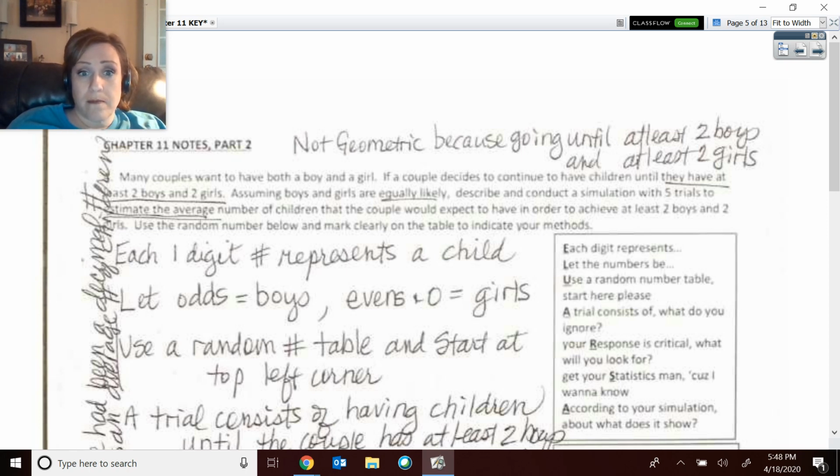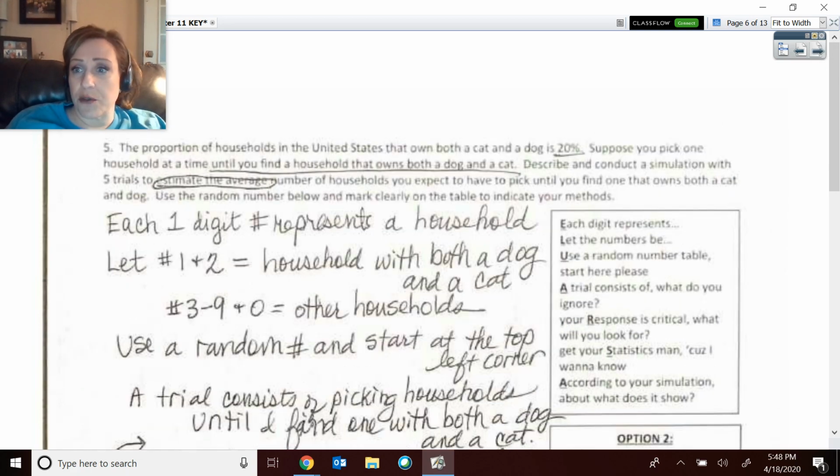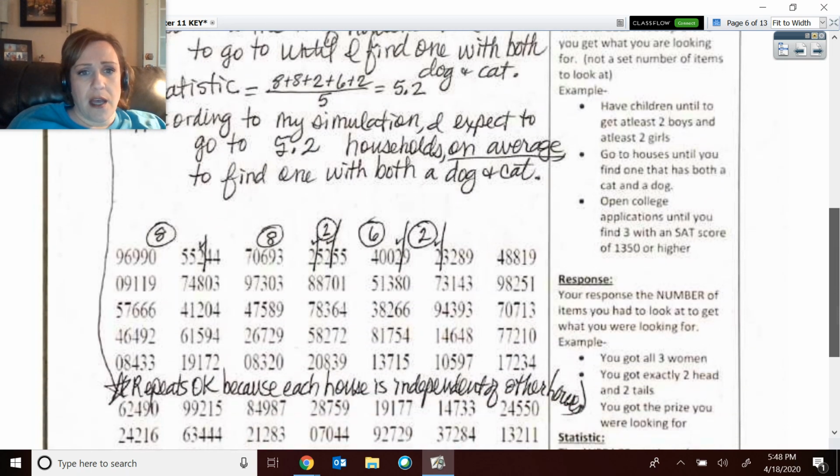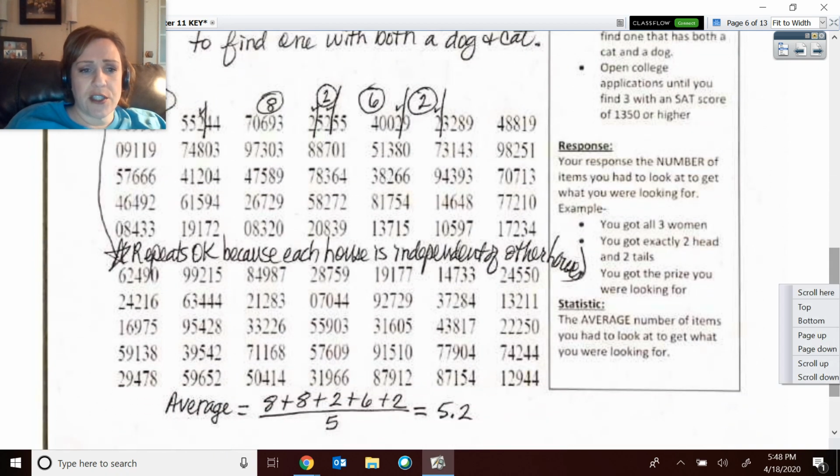These were not ones that you could do theoretically, or this one you could not do theoretically, because you wanted to get at least 2 boys and 2 girls. Geometric is just at least 1. So we did that together in the notes. We did number 2 together in the notes, which FYI, when we got our answer choice, we got